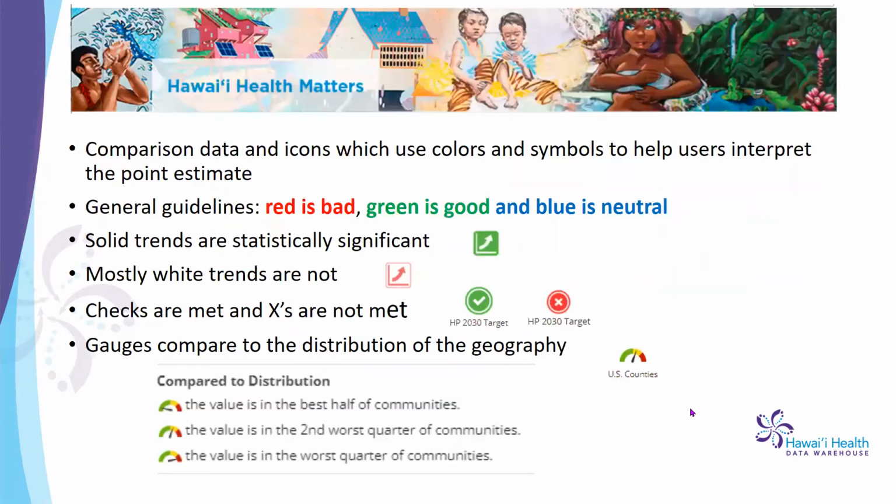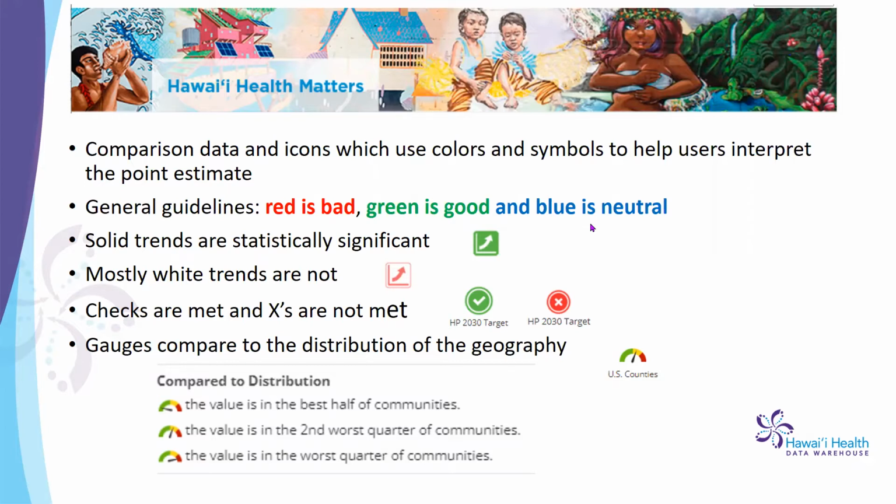Before we get into the HHM site, I want to quickly review some of the icons that you're going to see. One of the foundations of HHM is to provide that data in context. So not just what's the percentage, but how does that compare to the nation? How does it compare to how we've done in the past, to other counties, to the state as a whole? To help make this clearer, HHM uses this series of icons. As a rule of thumb, the direction of the arrow indicates if the measurement is increasing or decreasing, but the color tells us how to interpret it. Red is bad, green is good, and blue is neutral.